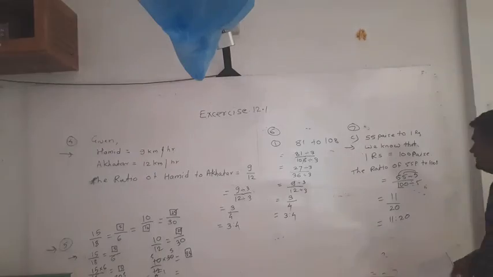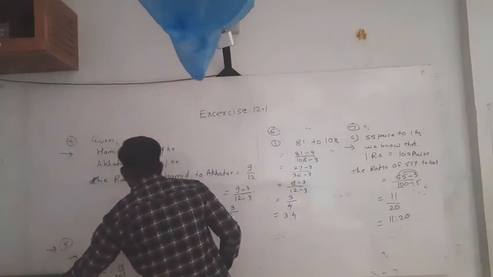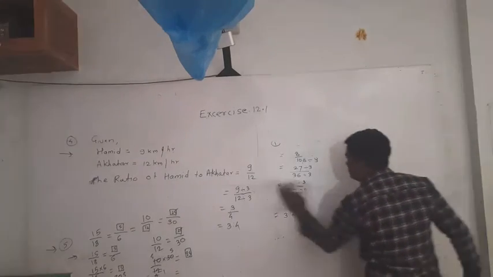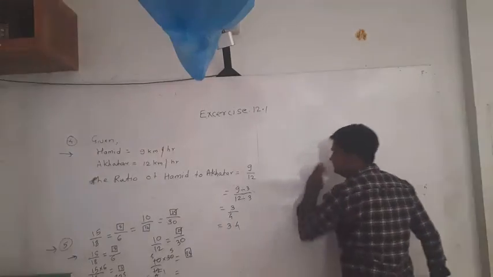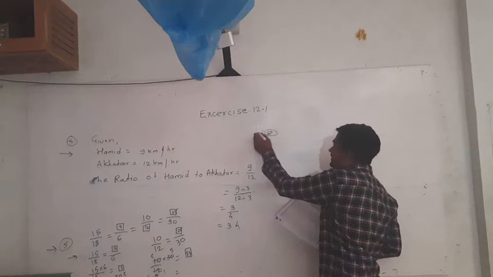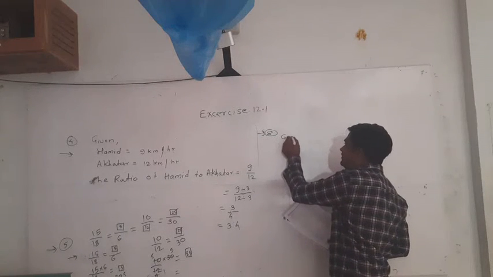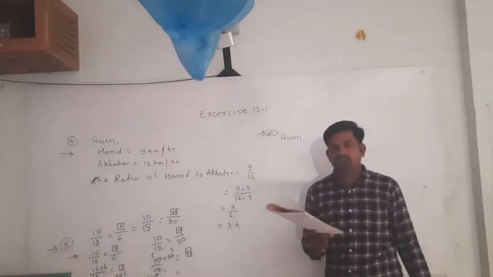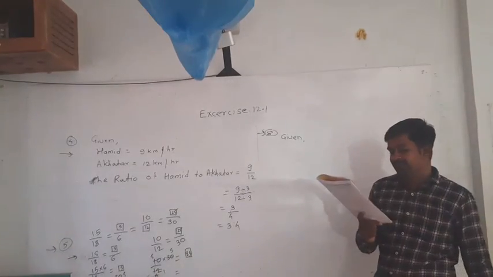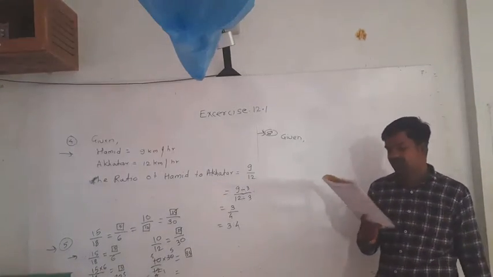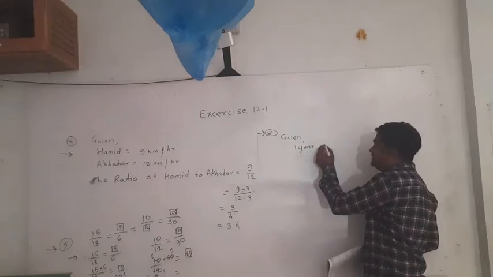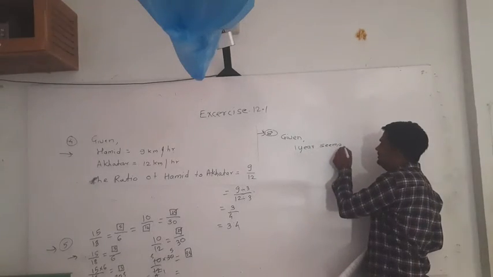Now see example number 8. Directly I will write the answer here. First write the given. Now see the question: in a year, Seema earns 1,50,000 and saves 50,000 rupees. You know that in 1 year Seema earns